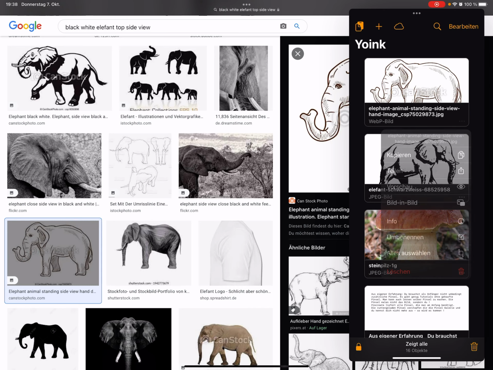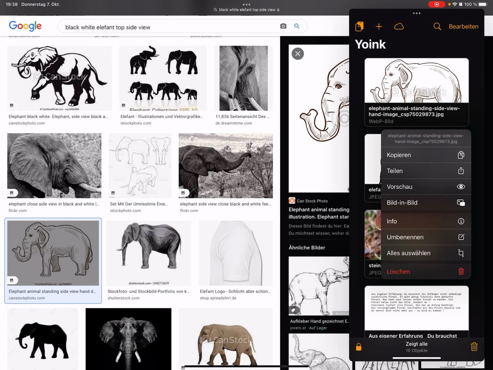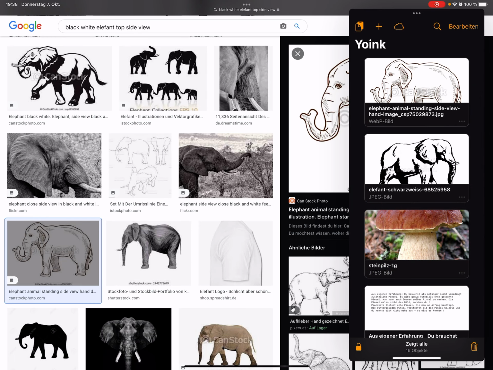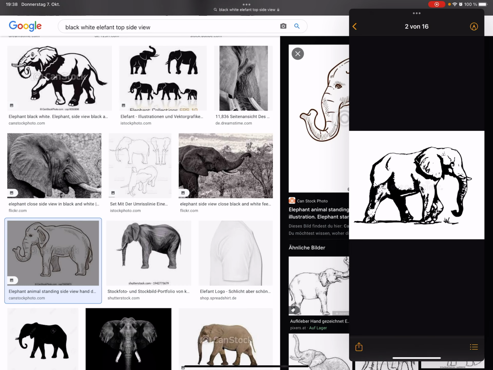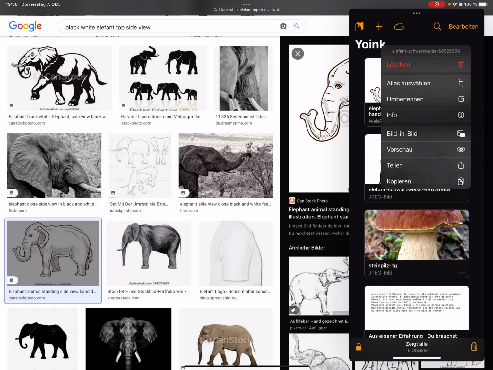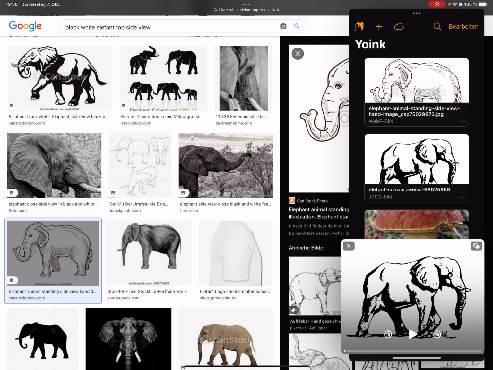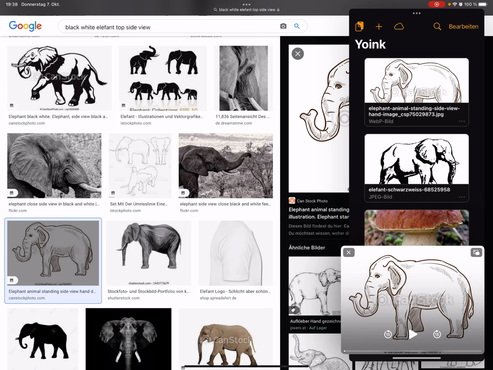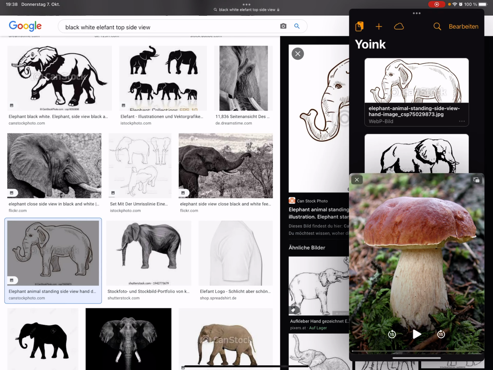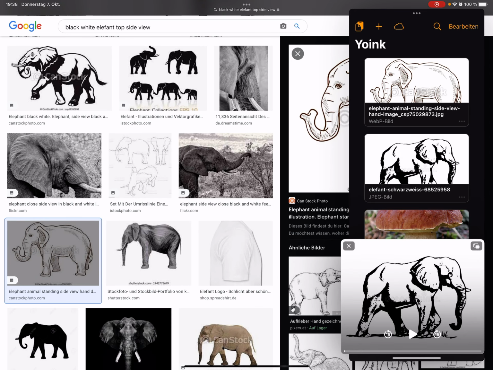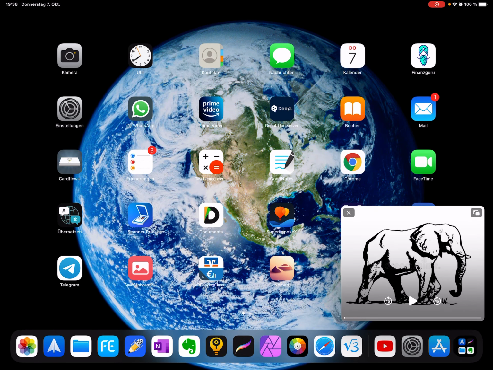And now you can go here and use picture-in-picture. It should work. Picture-in-picture. And yes, and then you can scroll through your pictures.